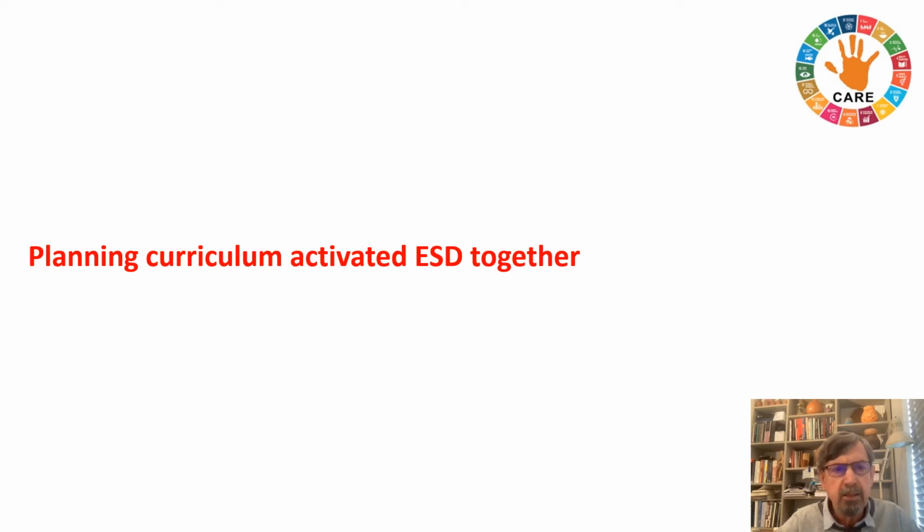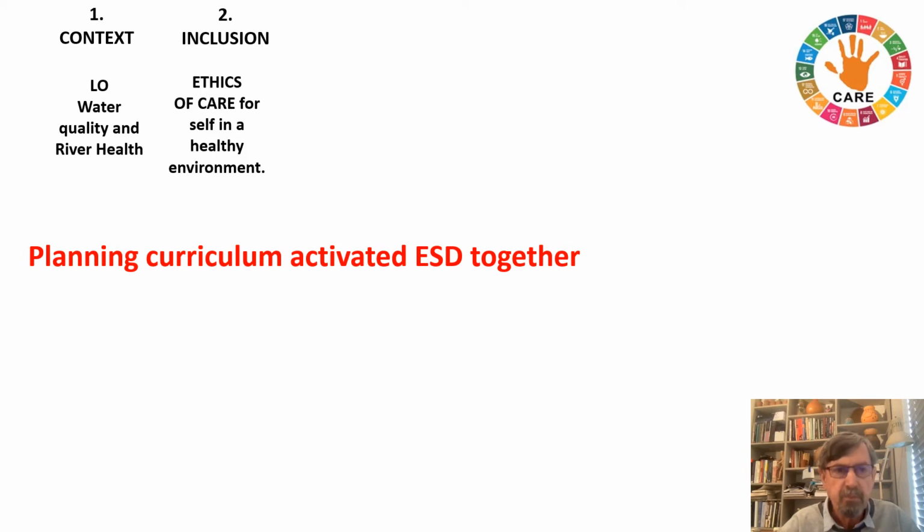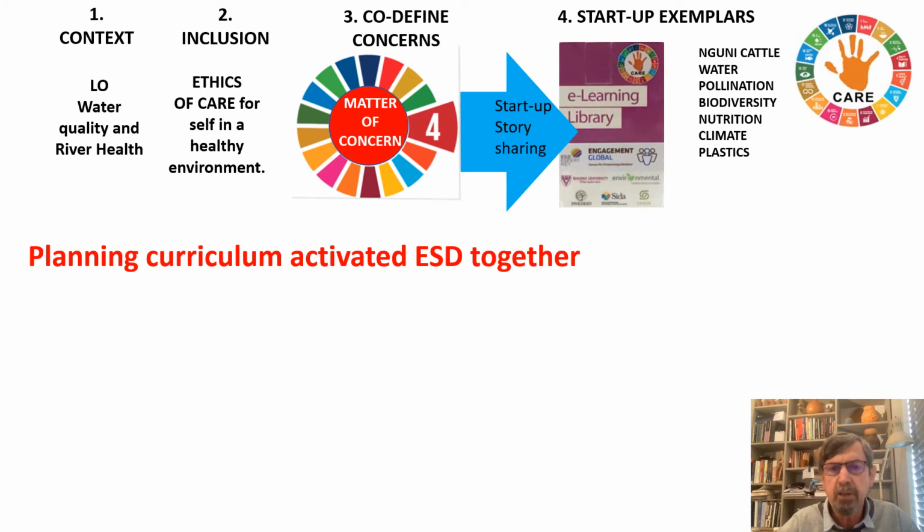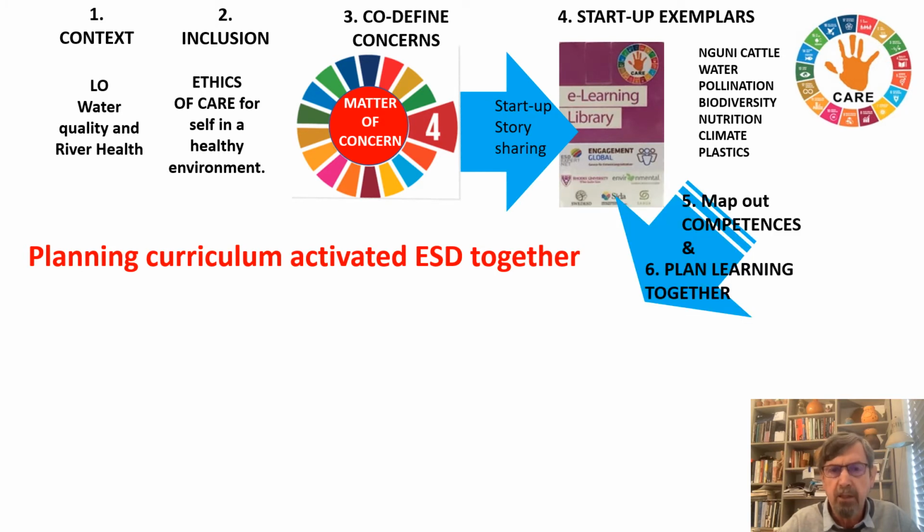The next exemplar is centered on heritage and history in relation to water and the planning of curriculum-activated ESD together in the life orientation curriculum, where water quality and river health are themes. And here, an ethic of care around environmental health affecting self and community, and the co-defining of concerns using the Sustainable Development Goals, as well as the selection of materials from the e-learning library